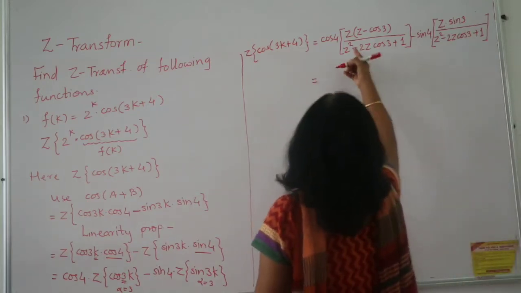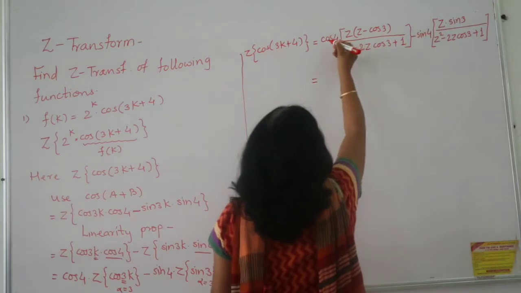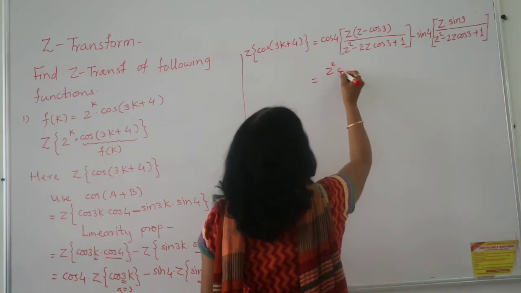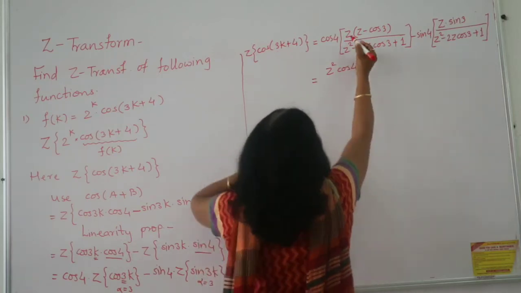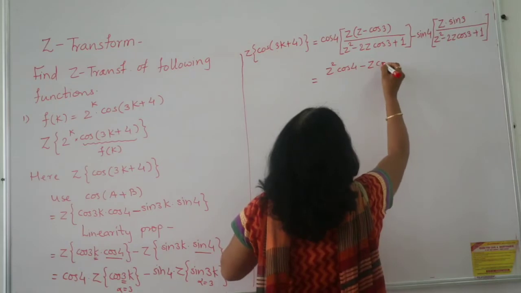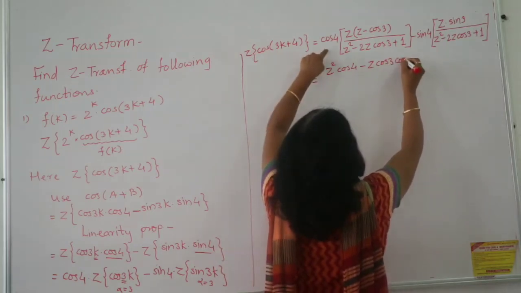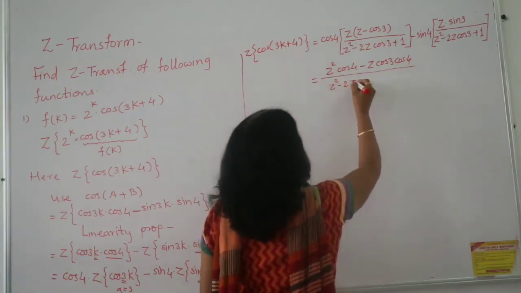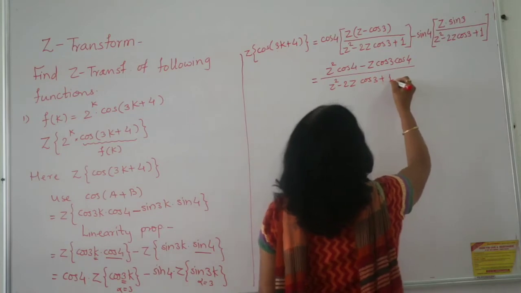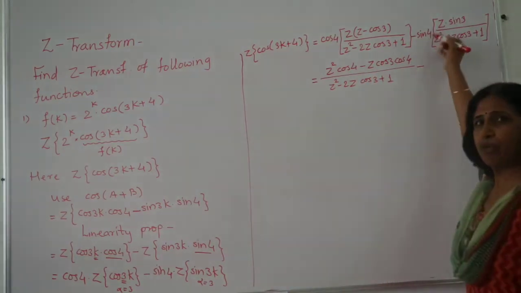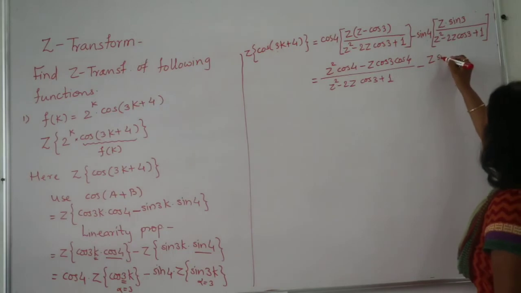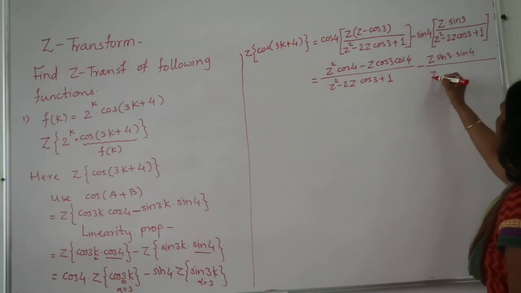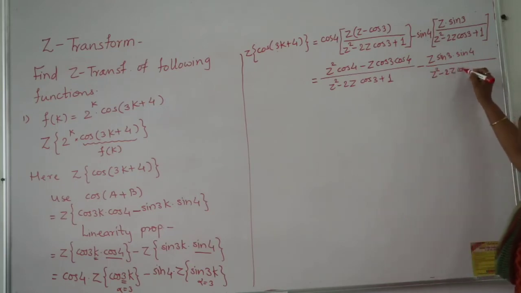Then I have to simplify this algebraically a little bit. By this cos 4 I have to multiply the numerator. So Z into Z, Z square multiplied by cos 4. I am multiplying directly now. Minus, here Z will multiply to cos 3, so Z into cos 3, and still you are multiplying by cos 4 here. Denominator is Z square minus 2Z cos 3 plus 1. Now here minus, only here sin 4 will multiply to the numerator. So Z into sin 3 is already there, multiplied by sin 4 in the numerator, and the denominator is as it is, Z square minus 2Z cos 3 plus 1.